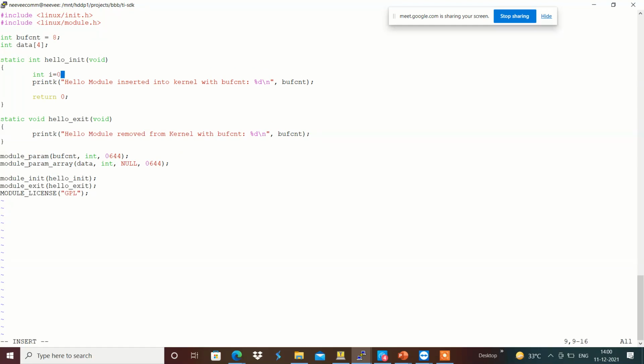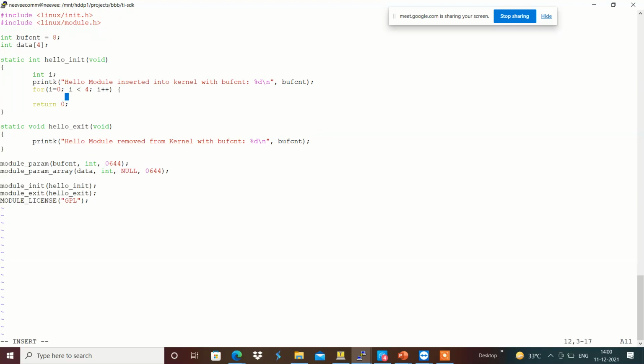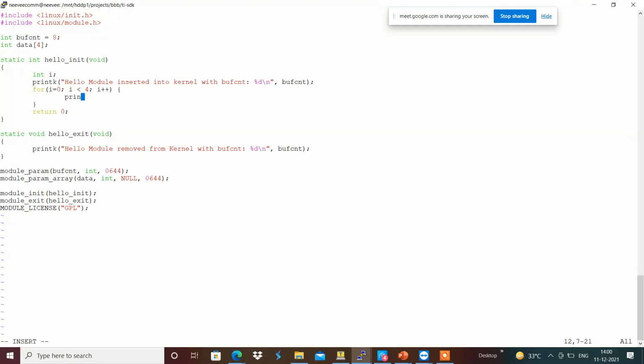Maybe I am going to print, for example, integer i, for i equals 0, i less than 4, i plus plus, printk data of %d equals %d slash n, i comma data of i.